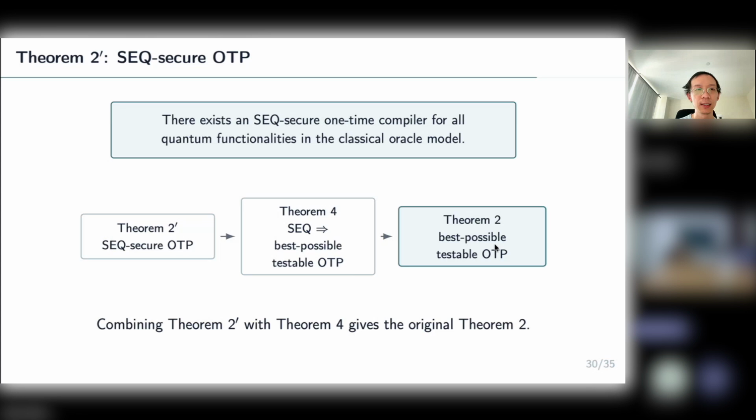When you say the classical oracle model, is it like the random oracle that is used to instantiate? How should I think about it? Good question. You should think of it as ideal classical obfuscation. If you have VBB, then you can do something like this, and then VBB you instantiate with IO instead. Yeah, so post-quantum VBB for classical functions, you get this. Got it, thank you.